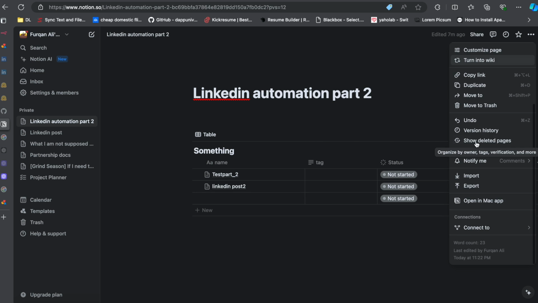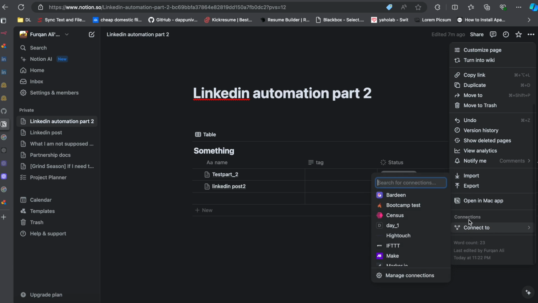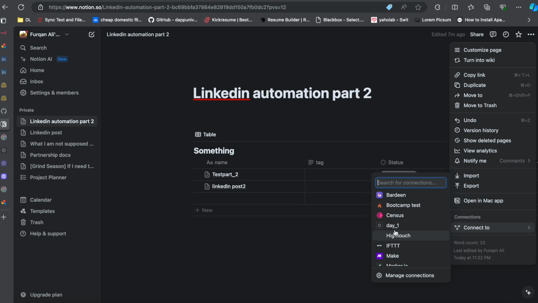I see, I had to scroll it down. It's like dark theme. Notion has a terrible UI. I have no idea, it didn't show the scroll bar. I was like, what? So if you scroll it down, you will see connect to. It took me a while. What a terrible UI. Oh my god. So if you see right now,